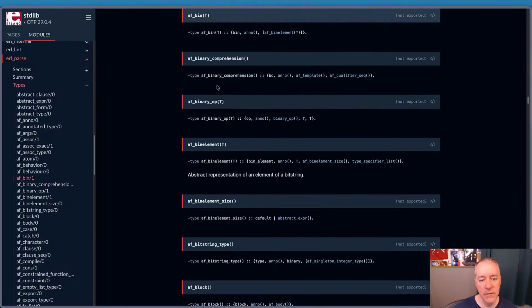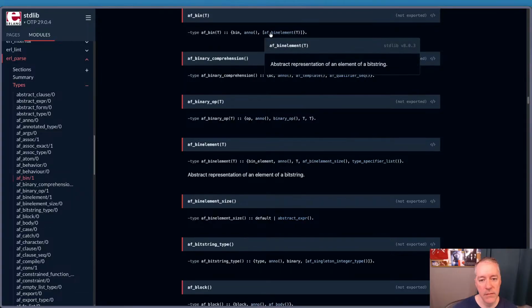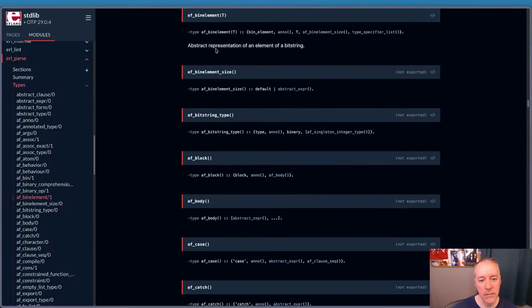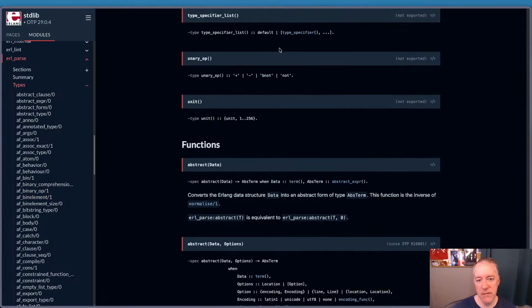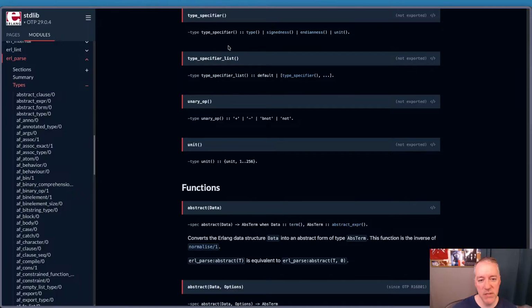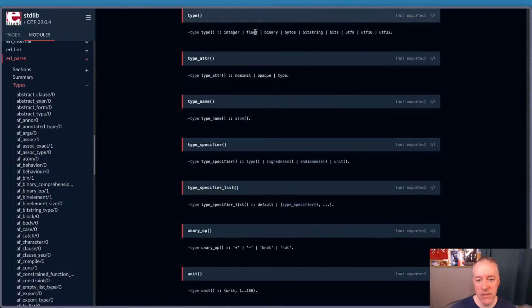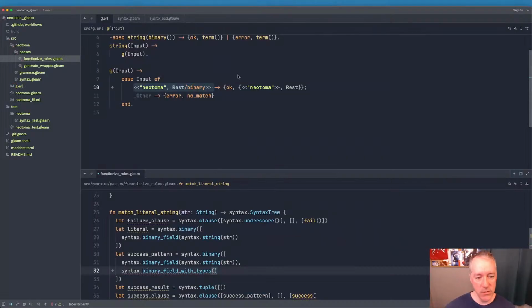AF bin. Bin element size, type specifier list. Okay, so type specifier, we're getting there. Type, signedness, endianness, or unit. Type has to be one of these. Okay. So I think what we should do